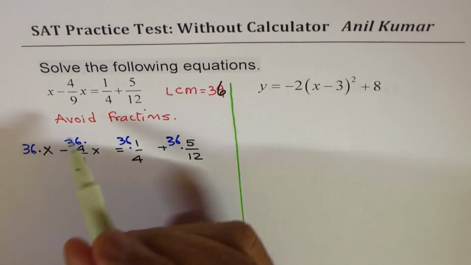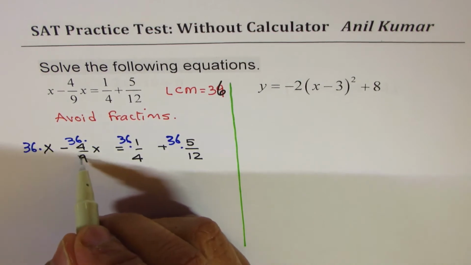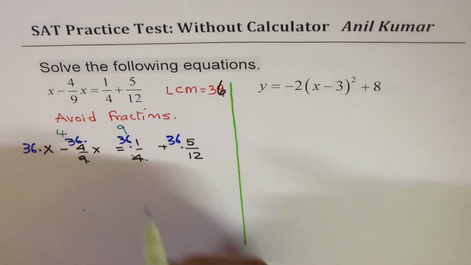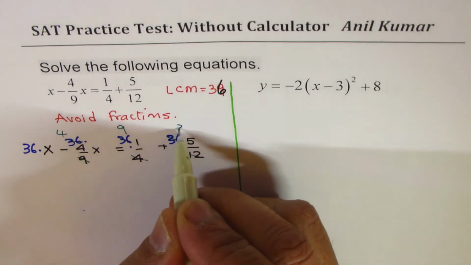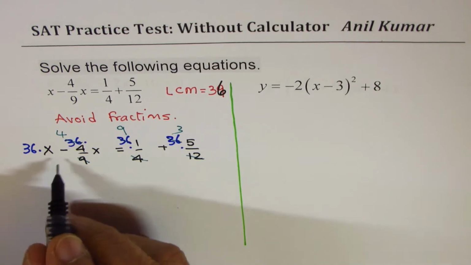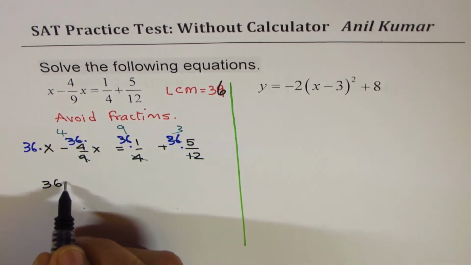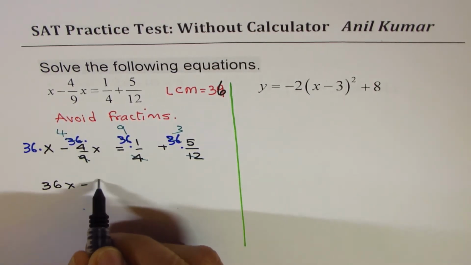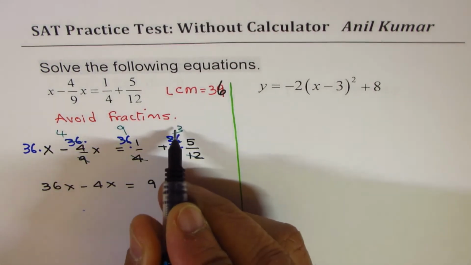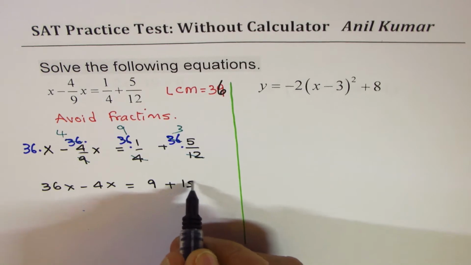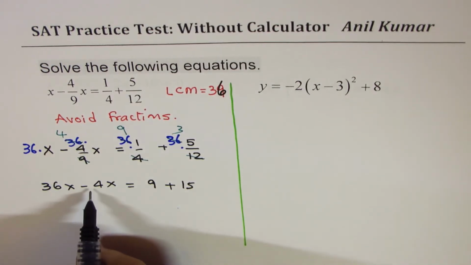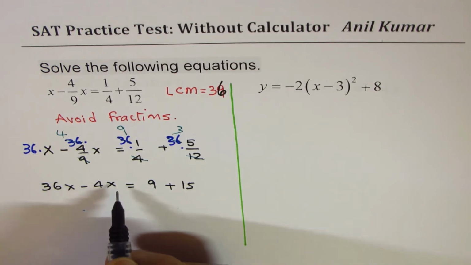Here we know 9 times 4 is 36, 4 times 9 is 36, 12 times 3 is 36. So you can write your equation as a linear equation, which is 36x minus 4x equals 9 plus 3 times 5, 15. You can combine these two. 36x minus 4x will give you